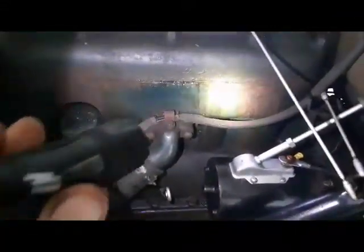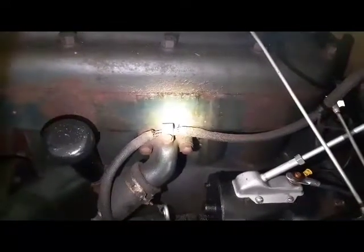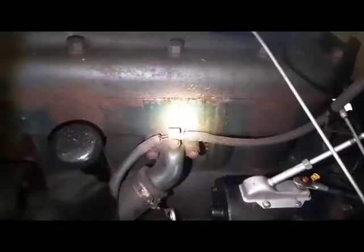And got a little bit of a water leak right there. Head gasket, see, it's dripping a little bit. Might need to idle a little bit faster, but